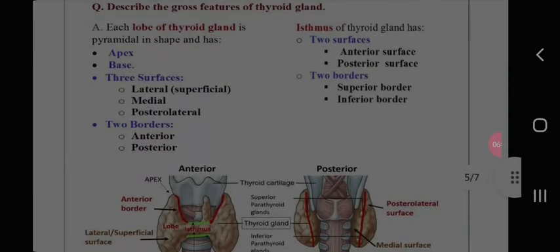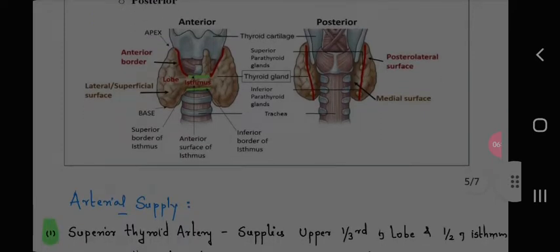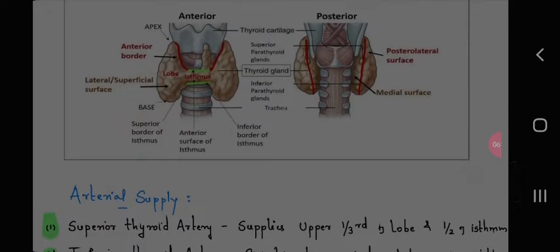Each lobe of the thyroid gland is pyramidal in shape and has an apex, a base, and three surfaces: lateral, superficial, medial, and posterolateral. Two borders: anterior and posterior. The isthmus of the thyroid gland has two surfaces, anterior and posterior, and two borders, superior and inferior. Anterior, apex, thyroid cartilage. Anterior border, lobe, isthmus, lateral superficial surface, base, superior border of isthmus, anterior surface of isthmus,